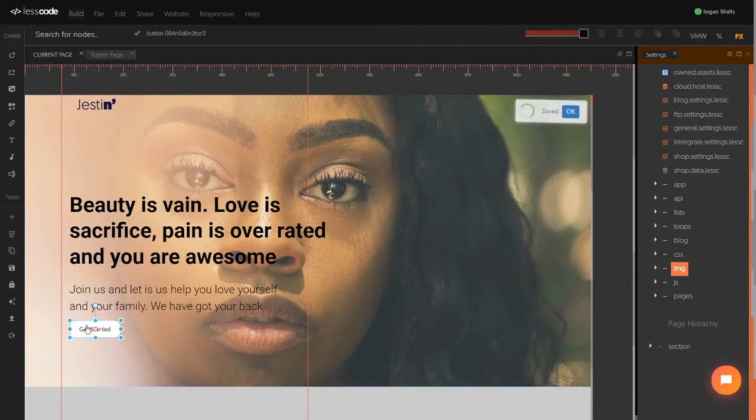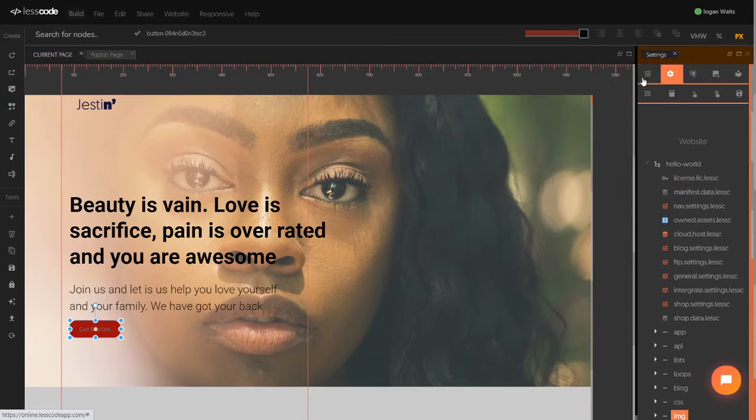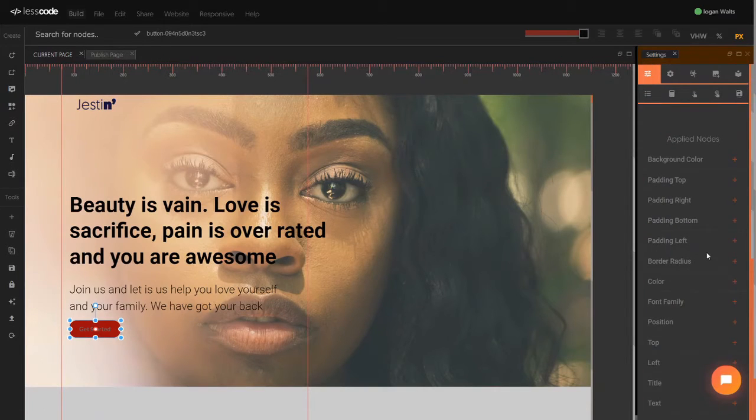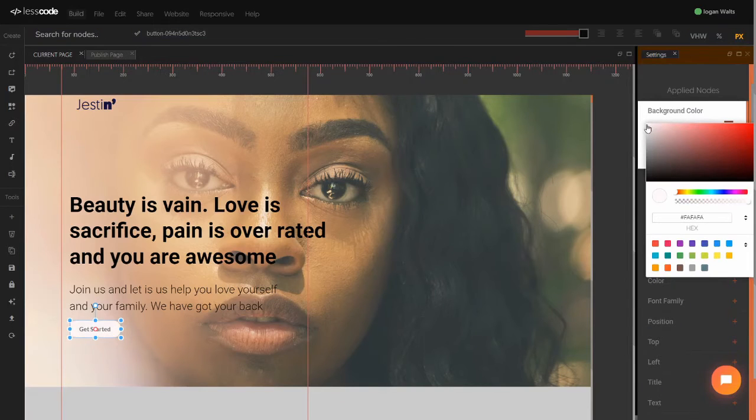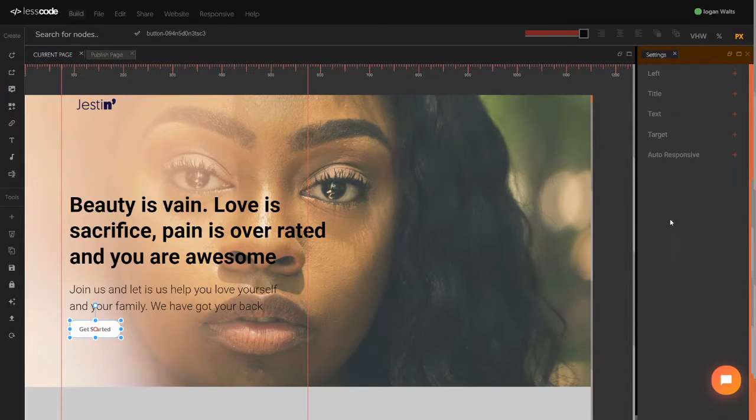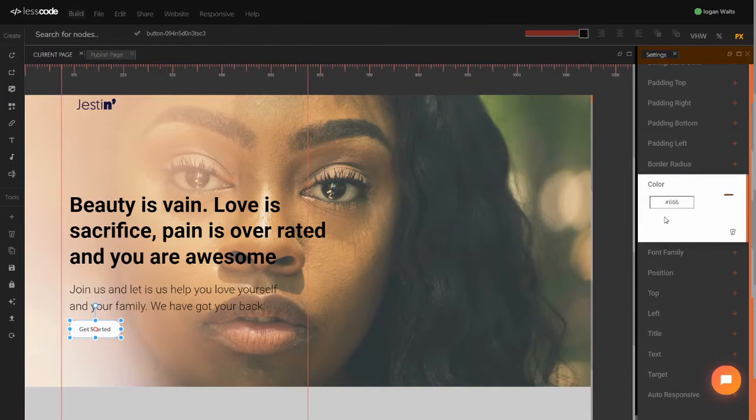Now this is a button. As I've already said, you need to go to your applied notes and make things work for you. The first thing I would like to change is the background. The background is hideous. I'll make it white, and I could just leave it like that. I can make it any color I want. I could change the color to white,